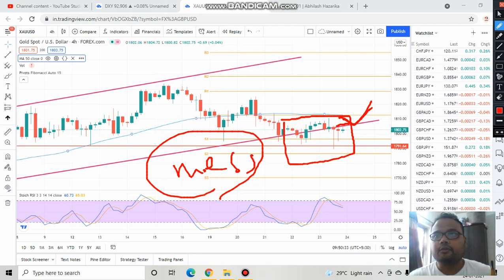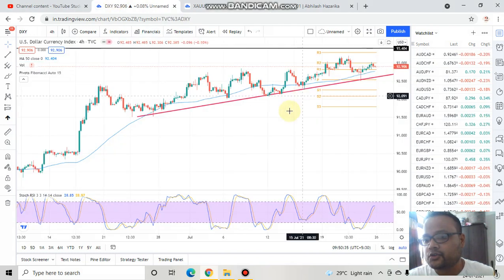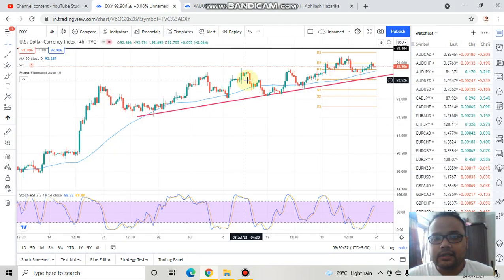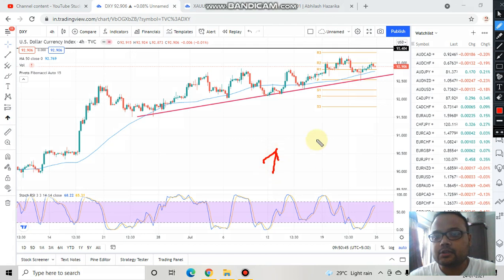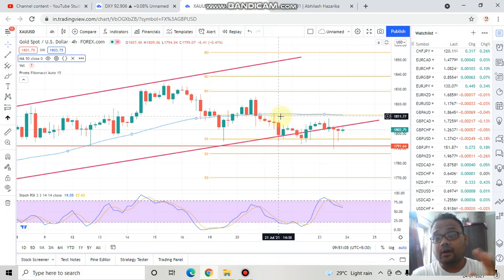If you look at the chart of dollar also, you can look at the chart of dollar also. Dollar is in uptrend. I have clearly explained in many of my videos that your dollar is in uptrend, and as we all know, if dollar starts going up, the price of gold will fall. So overall there is not much room for gold also, and in case dollar starts coming down to take support at this trend line, then you may see some buying pressure or buying power in the gold chart. But overall, this chart is not convincing for your hard-earned money.